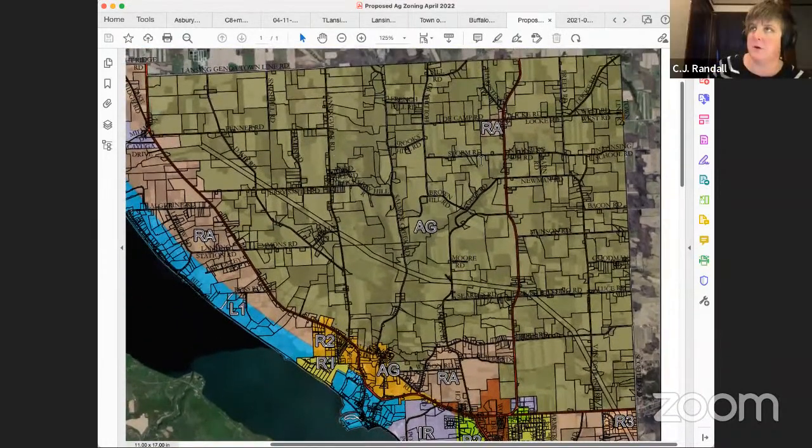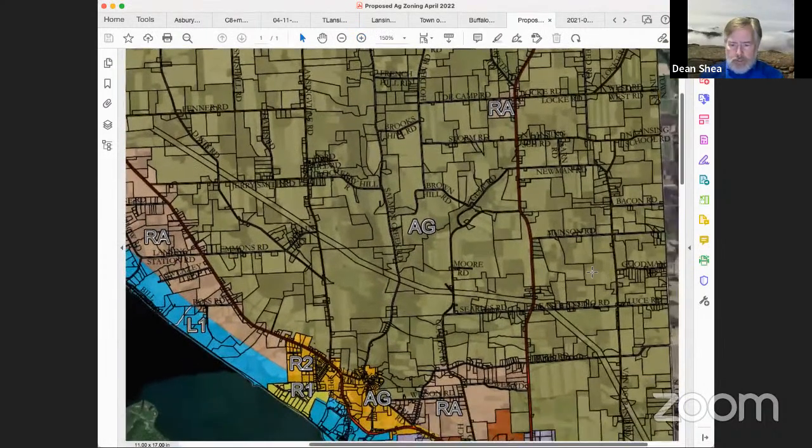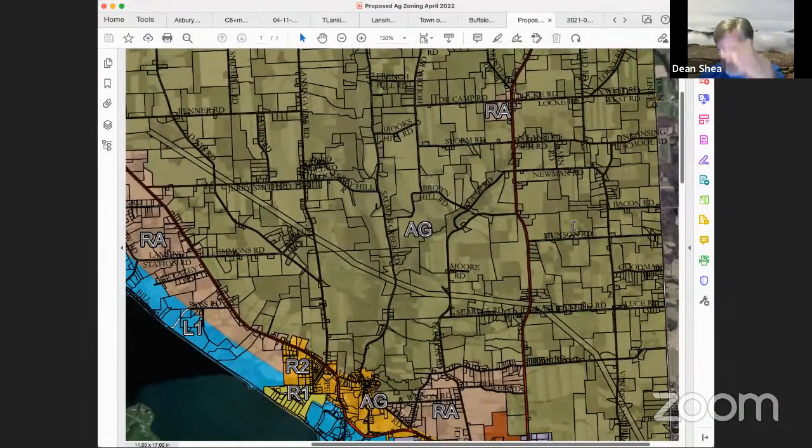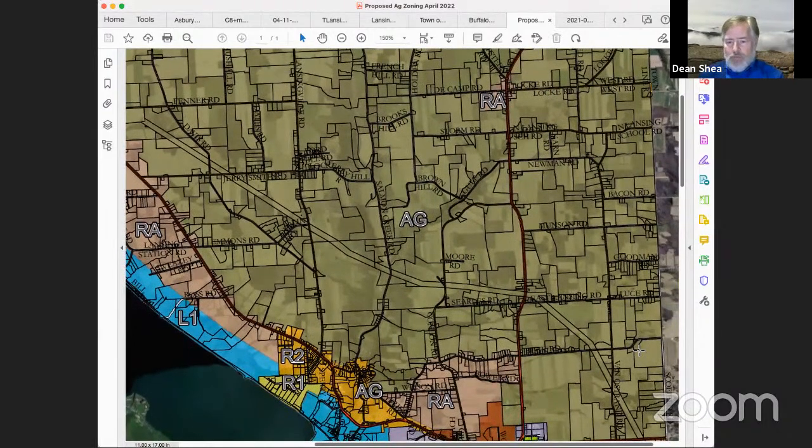Okay, such as these kind of hamlet type areas. Well, look at where Munson Road is out at 34, and you've got, how many, 5, 6 lots for single family homes, and kind of the same thing just north of East Lansing Road. It looks like you've got a bunch on Cyril's Road, a whole bunch of residential homes along the frontage. Where do we want people to develop and do development for RA? We don't want it back in the ag. We want it to be out at the highway.